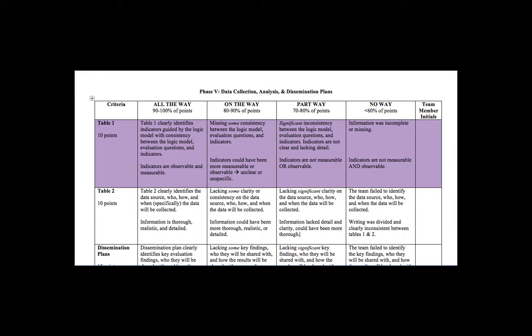Now we are looking at the Phase 5 data collection, analysis, and dissemination plans rubric. You will see Table 1 shaded in purple. To receive all credit, you clearly identify indicators guided by the logic model with consistency between the logic model, evaluation questions, and indicators. Indicators are clear, observable, and measurable statements, and you can and should have multiple indicators for each question. They represent standards for evaluation questions, while questions are what do we want to know, and indicators are how